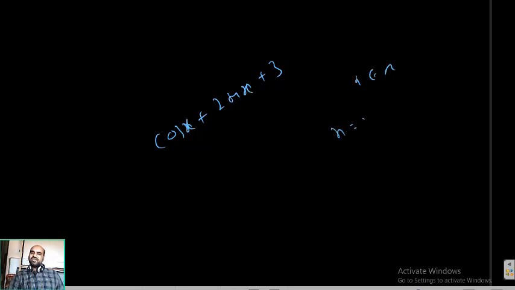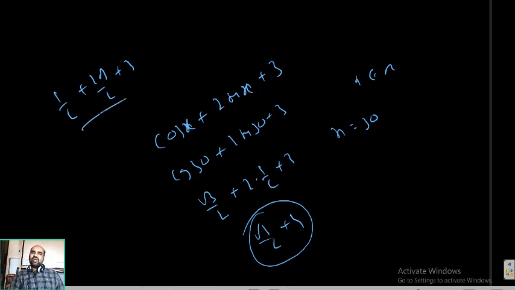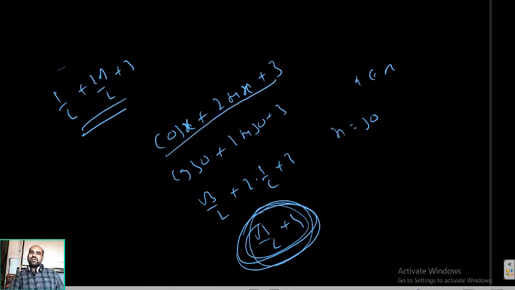For example, if x is taken as 30 degrees, you get some value. Cos 30 plus 2 sin 30 plus 3: cos 30 is root 3 by 2, plus 2 into sin 30, which is 1 by 2, plus 3. So root 3 by 2 plus 4. If x is taken as 60, it is 1 by 2 plus 2 root 3 by 2 plus 3, so you get a different value. This means x is varying, so automatically the value of the expression will vary.